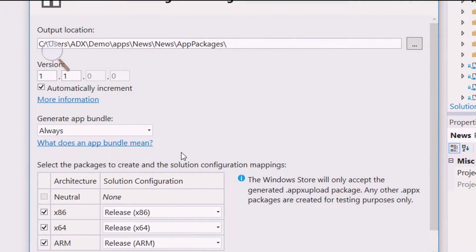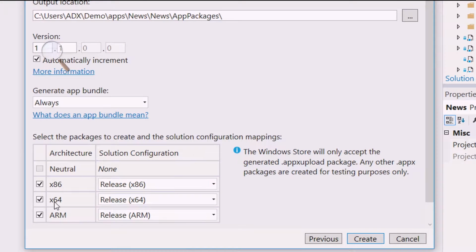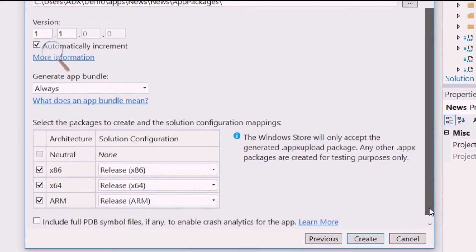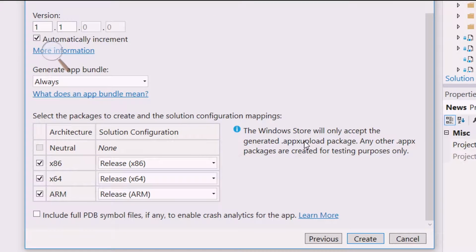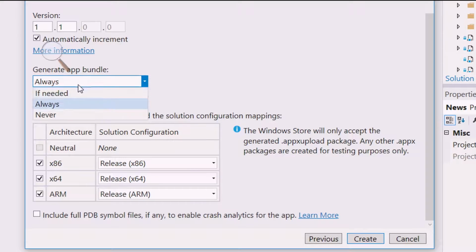We always want to generate an app bundle for the purposes of the store. It wires together all of the various architectures of releases. And there's also a note here guiding you saying that the store is only going to accept generated AppX upload packages. All other packages you might generate out of this tool, if you say no bundle, all other packages will